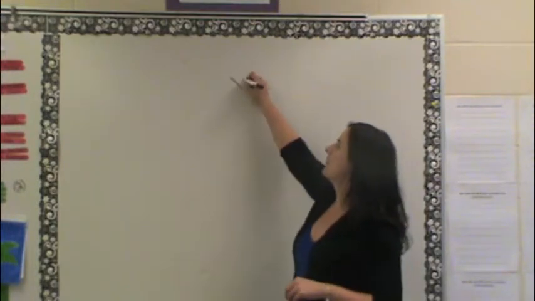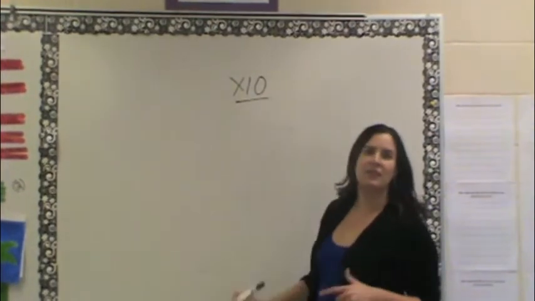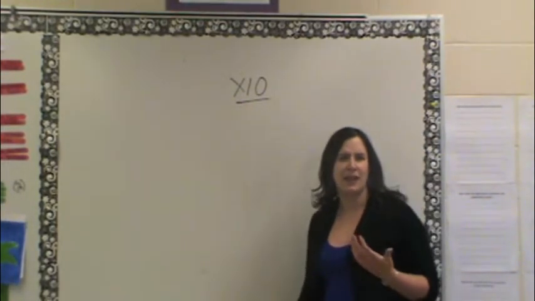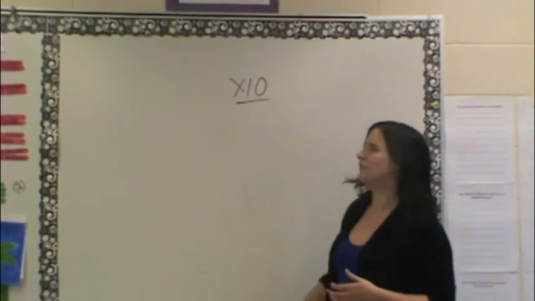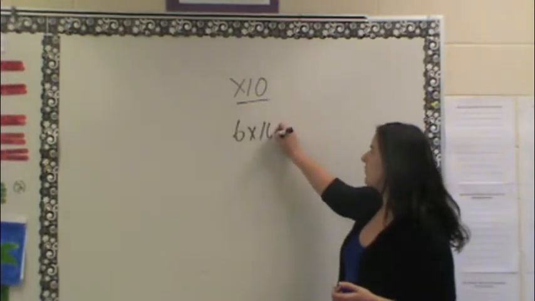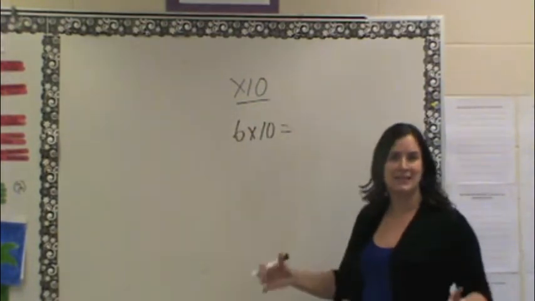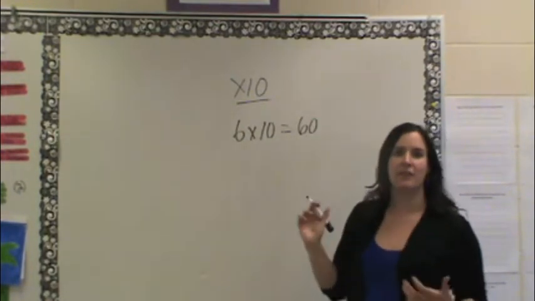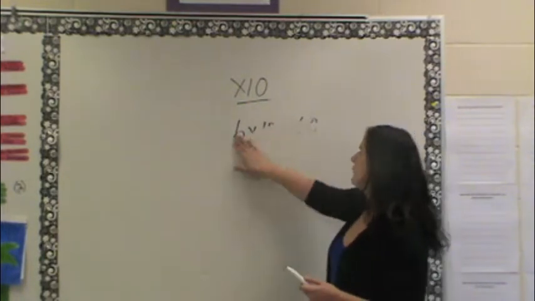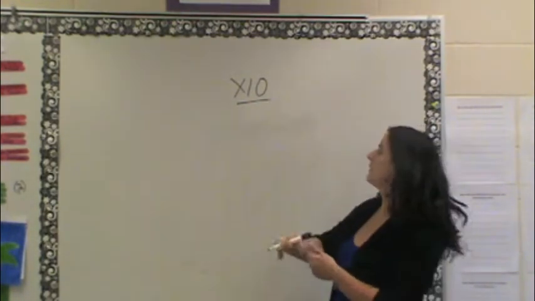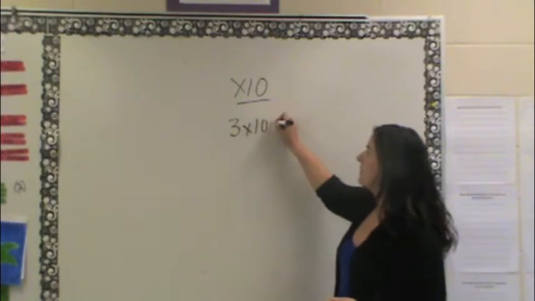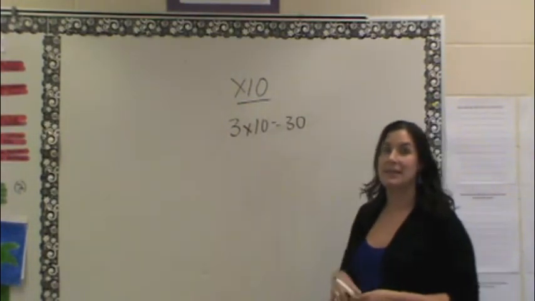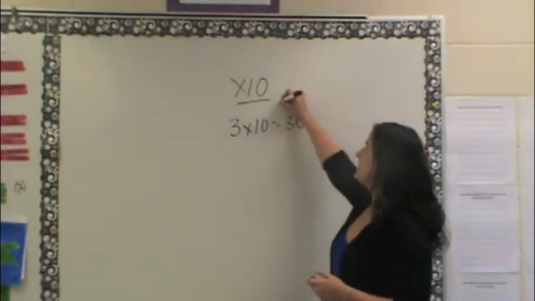So you want to look at multiplication by 10. And most kids, because you've used place value language in your classroom or with them for a while, understand the times 10 pretty easily. So if I have 6 times 10, most kids would say, okay, that's 6 tens, and 6 tens is 60. So they would get this fairly easily. And again, if you did something simpler, like 3 times 10, they would know that that's 30. Okay? So once they're very comfortable, very fluid with that, the next strategy that I would use is the times